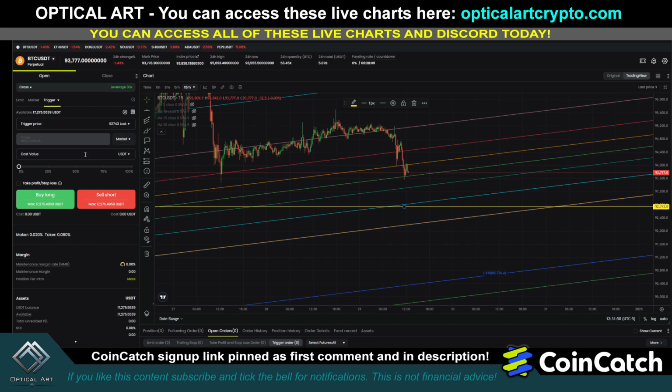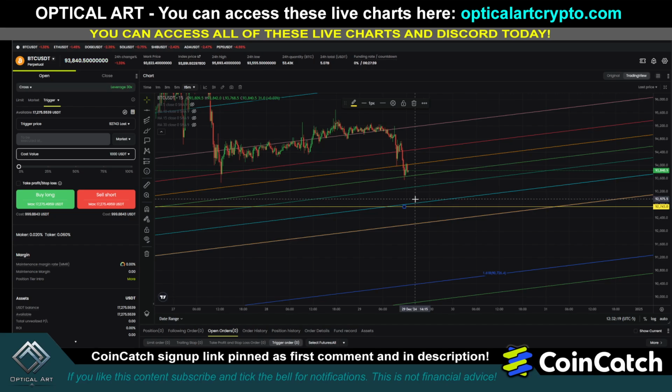We're going to do market, cost value, put $1,000 into this. And you could do multiple. You could have it where you have a trigger and a stop, and you could have another one below. If this one gets stopped out, then the next one would trigger. So you can have trigger orders above, below, just go to sleep, wake up in the morning, see if it played out or if it didn't. So again, we have a trigger price set up at 92,743 if you drop below this point, because this is a key